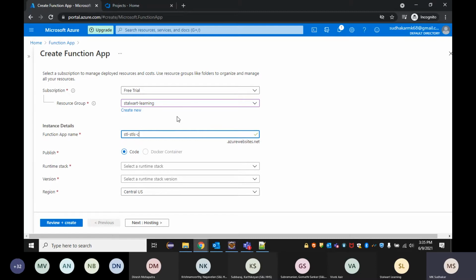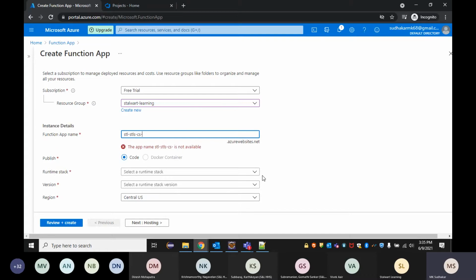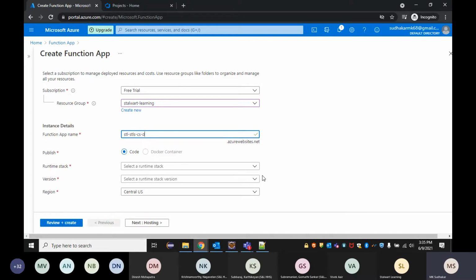So I'll give CS. CS stands for Central US, so that we'll be aware which region this function app belongs to, right? We can have these standards, and this is related to the development environment. So that's how the naming conventions can be done.